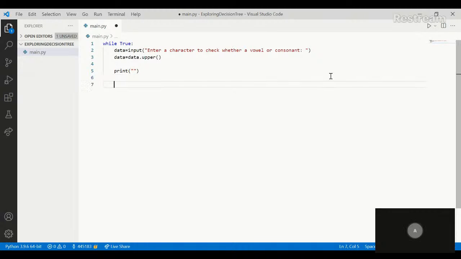And then we are going to do the main thing, which is the if condition and else if condition, to categorize, like a decision tree, into four parts: special characters, consonants, vowels, or numerical values. So for that, we first of all write if data is equal to A,